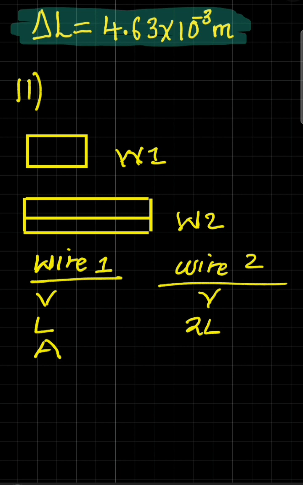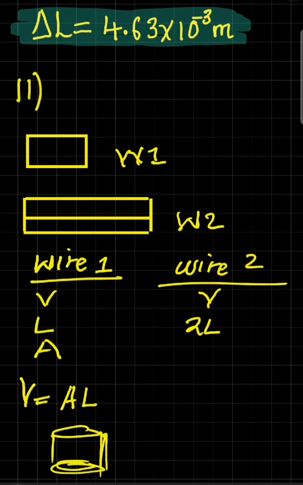Now notice this, the volume of wire 1 will be equal to the cross-sectional area multiplied by the length of the wire. Think of it more like the volume of a cylinder, which is the base area multiplied by the height, which is in short the length of the wire. Okay, now